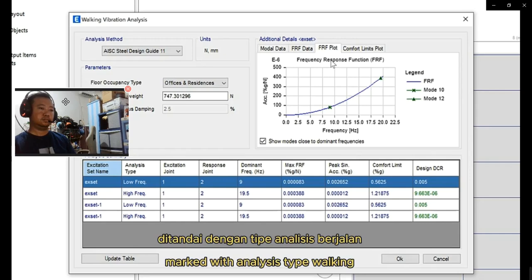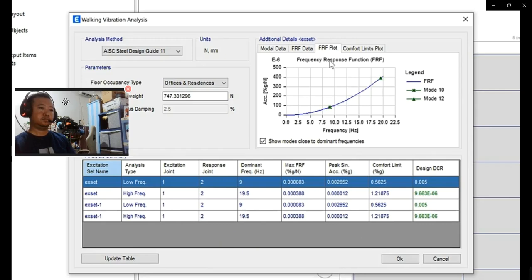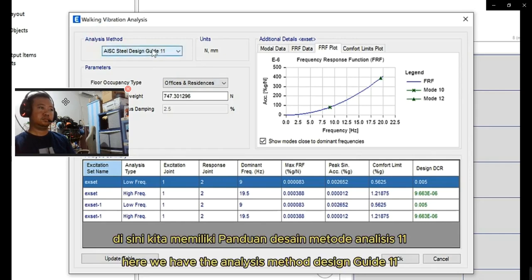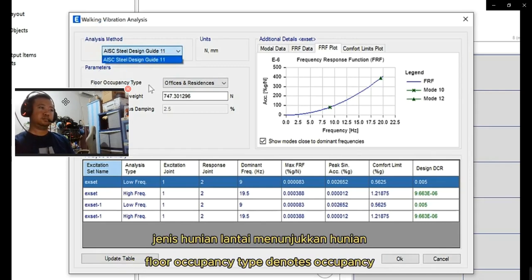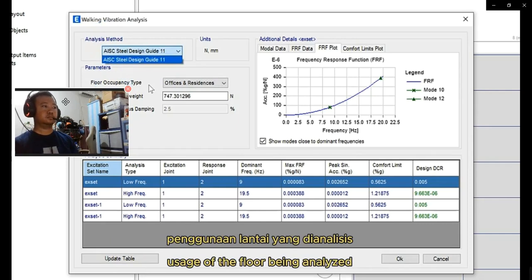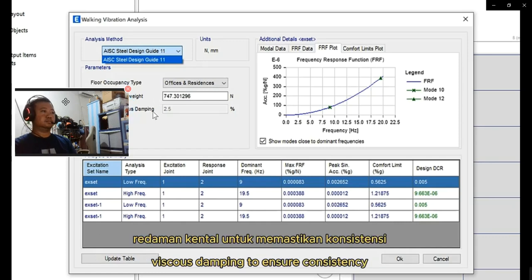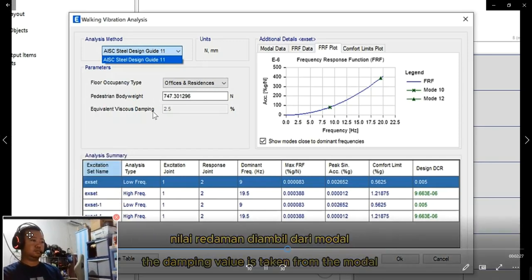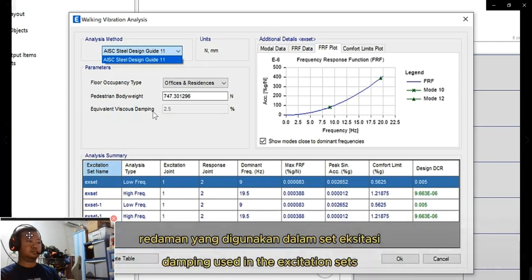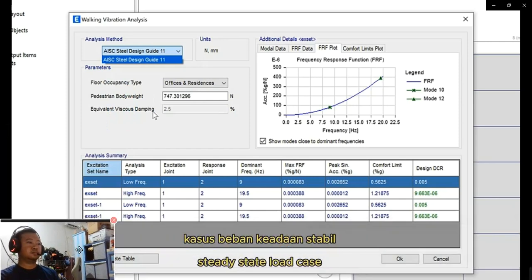Citation sets marked with analysis type walking. Here we have the analysis method, design guide 11. Floor occupancy type denotes the occupancy usage of the floor being analyzed. We have pedestrian body weight, equivalent viscous damping. To ensure consistency, the damping value is taken from the modal damping used in the excitation set's steady state load